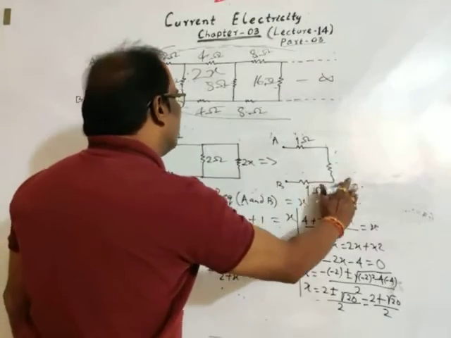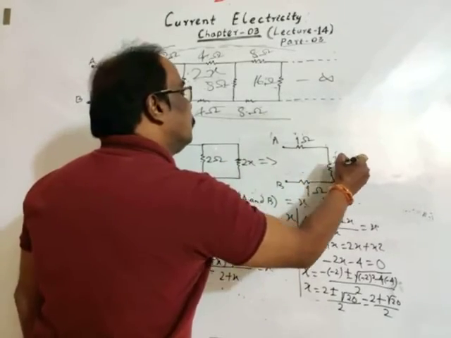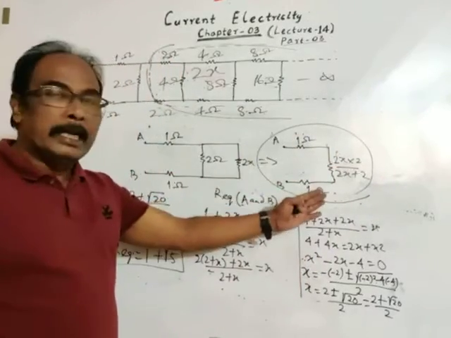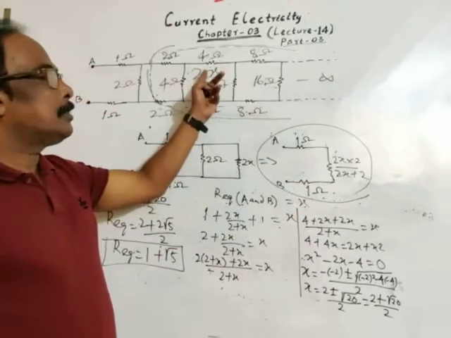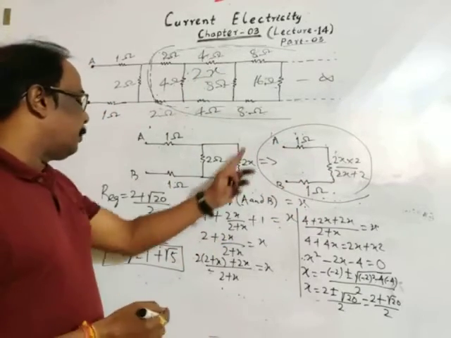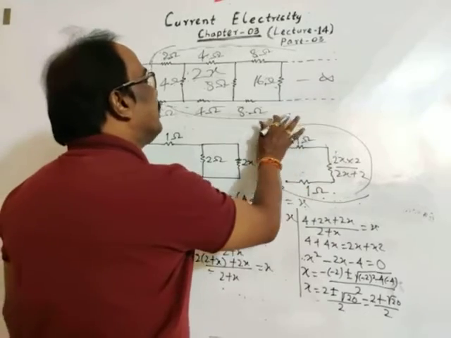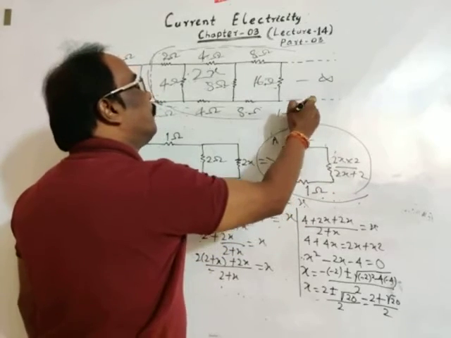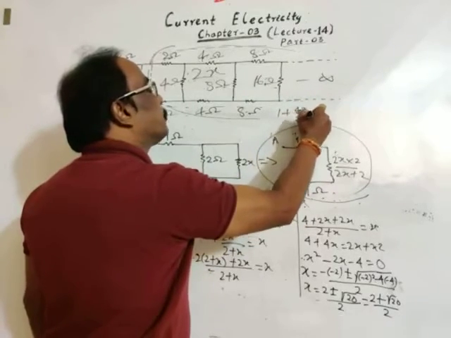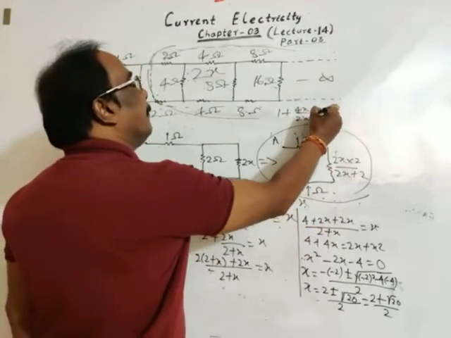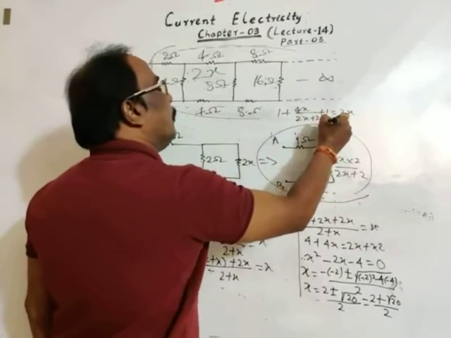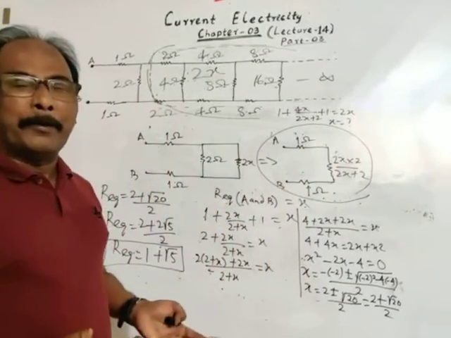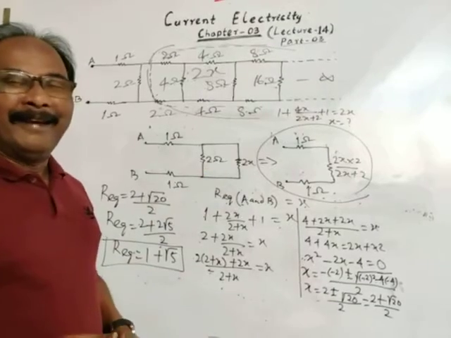So now this will be 2x into 2 divided by 2x plus 2. Now bring it in series. The sum of all these resistors is equal to 2x. You will solve it. 1 plus 2x into 2 means 4x divided by 2x plus 2 plus 1 is equal to 2x. Now solve for x. Similar way, again you can do the quadratic equation, because we have already discussed two types